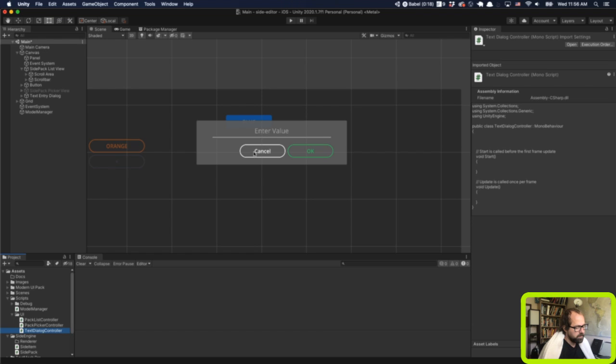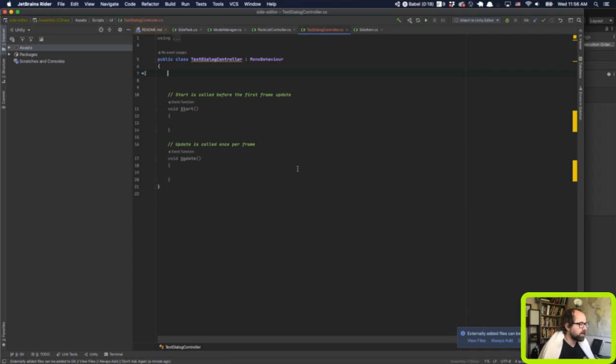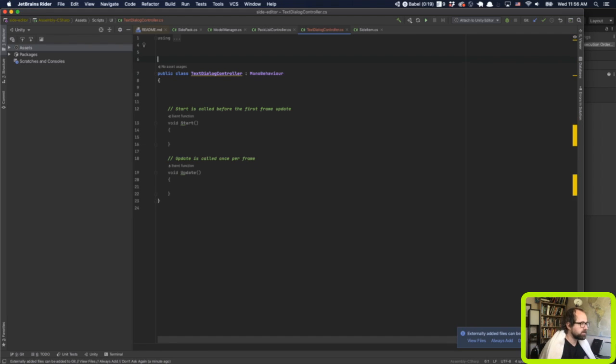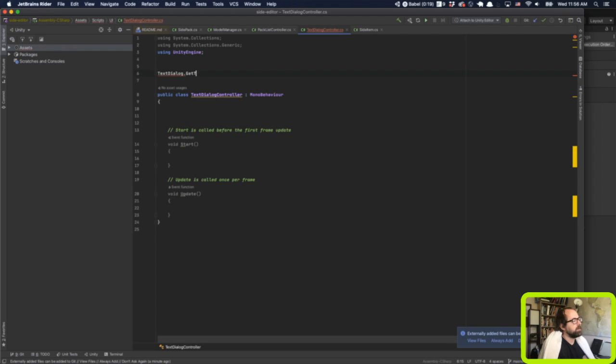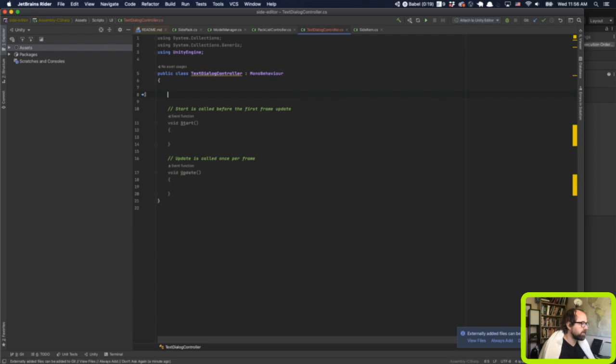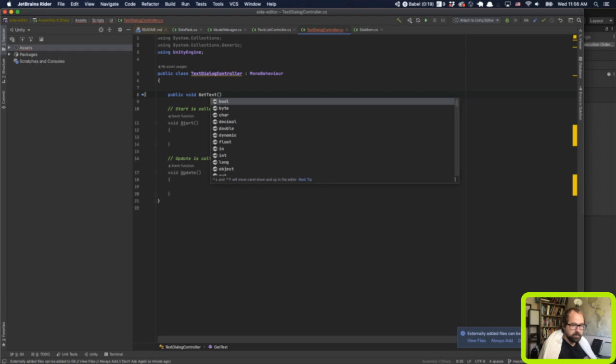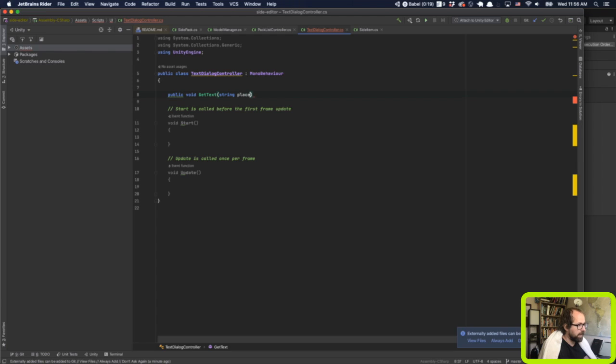I like to design things really modularly, which means that I'm going to add a bunch of code into this controller, but when I actually want to get some text, I literally just want to write something along the lines of text dialog dot get text to prompt the user to enter some text. So that's what I'm going to do right here. I'm going to make this public void get text, and I'm going to allow the user to pass in the placeholder, and then I'm going to say,